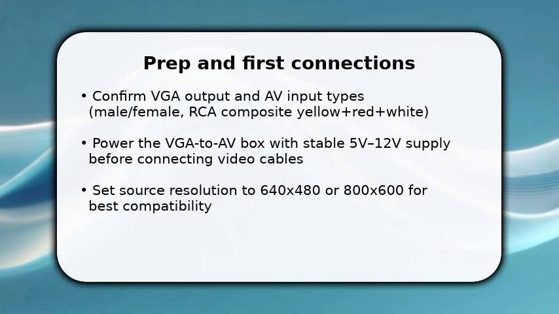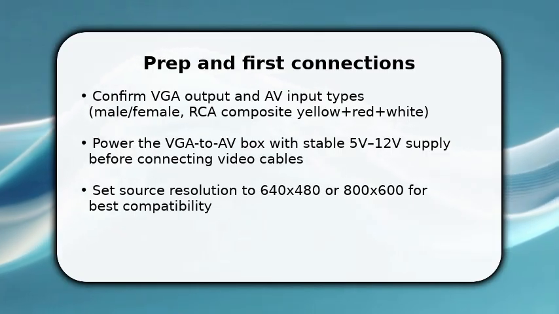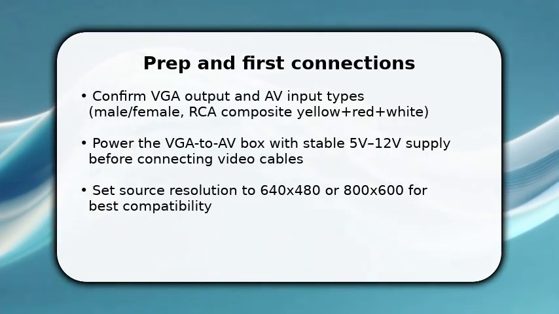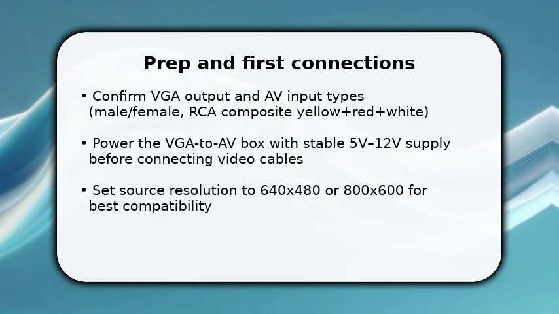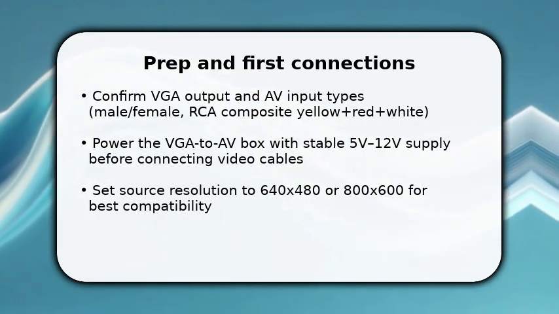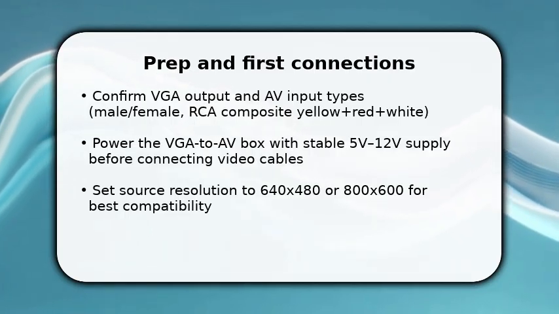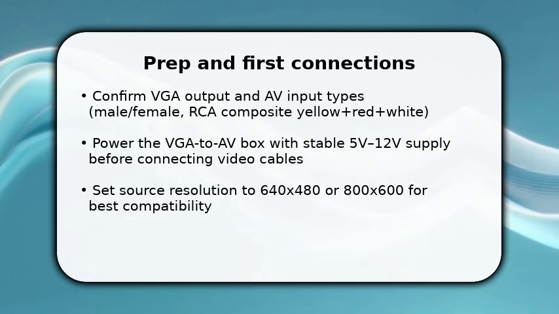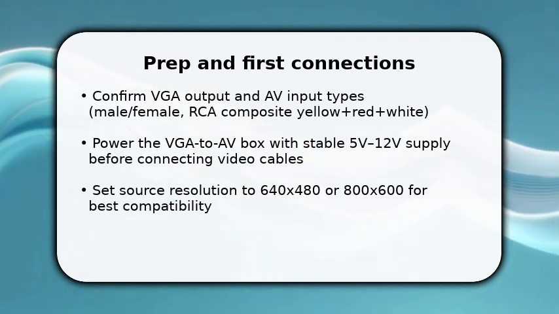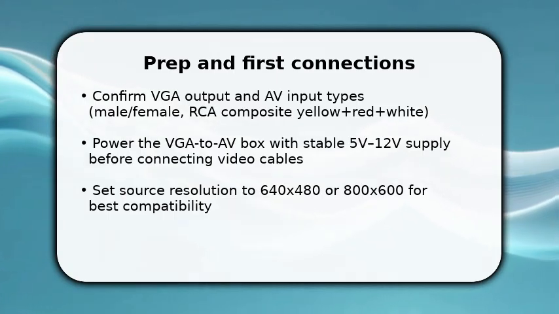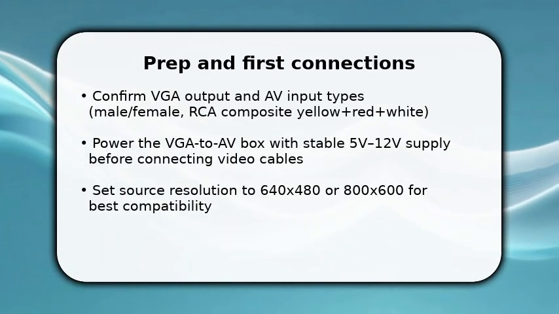You start by confirming connectors and powering the converter. This ensures signal negotiation and avoids sync errors. First, plug your PC's VGA cable into the converter's VGA in, then attach the monitor output only if needed for simultaneous viewing. Once the converter has power, connect the composite RCA yellow to the display's video input and the red/white